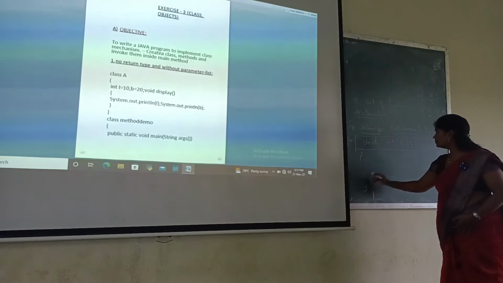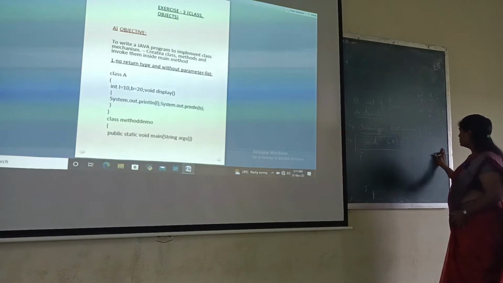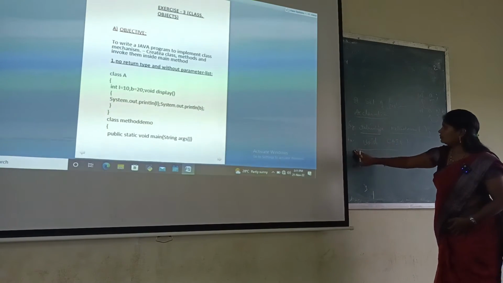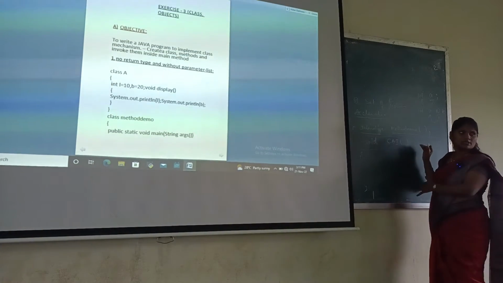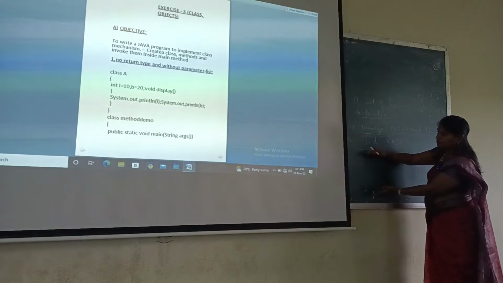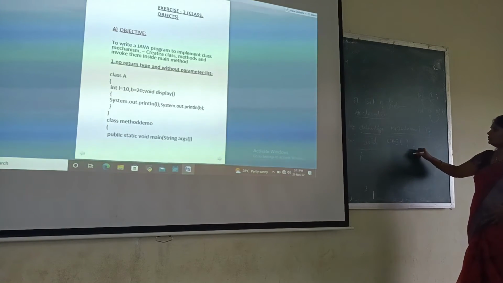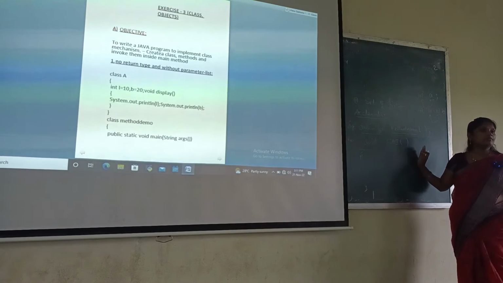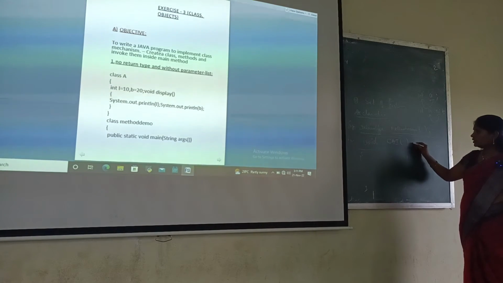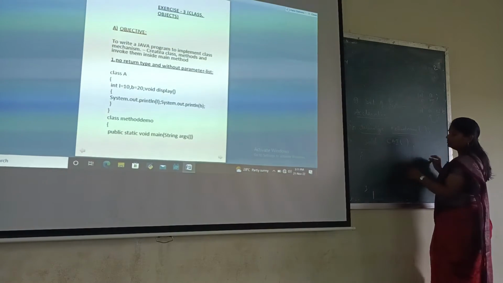So we write the code, or we write the body of the method. Then this is called definition. Then there is no need to write a semicolon. Semicolon indicates the end of the statement. So if you write a semicolon, then